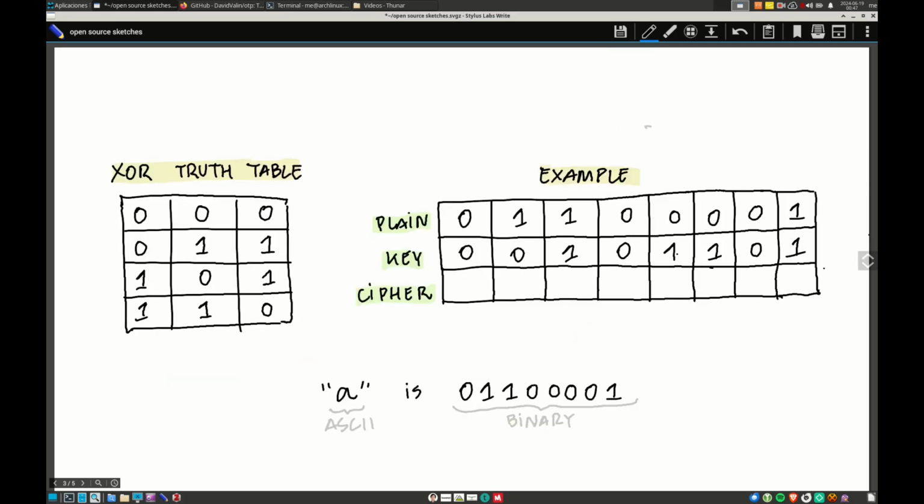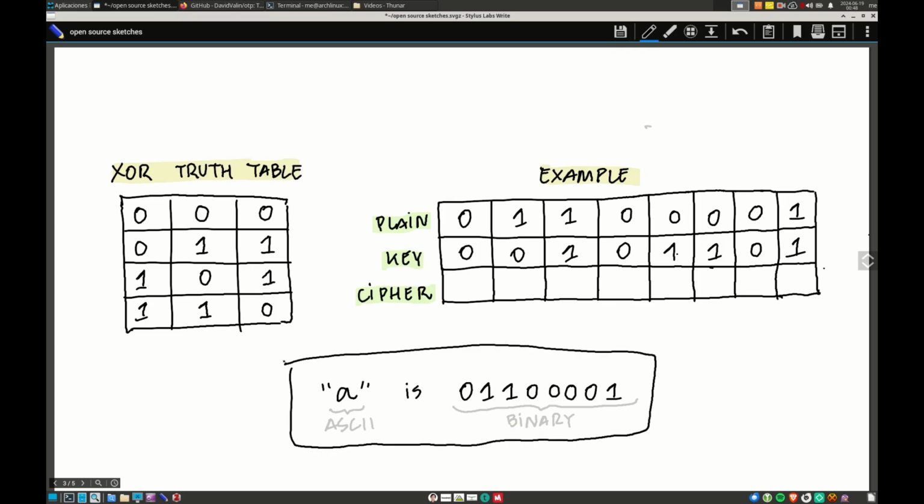I'm going to show you how the XOR procedure works. XOR internally in your chip is a logic gate. It means exclusive OR. And this is the truth table on the left. This is the table that you have to look at in order to calculate the output for two parameters. In this case I'm going to use the letter A as before. So A in ASCII is